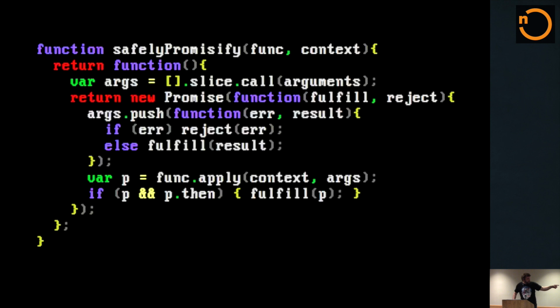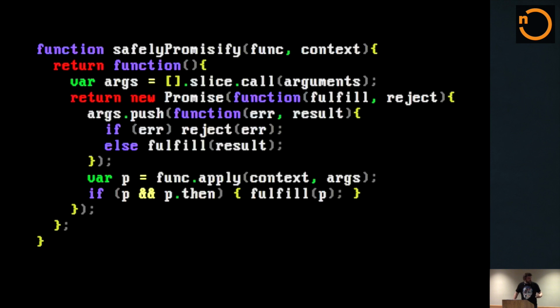So that one will be returned because when you call your function, the callback there that has reject and fulfill in it will only be called at some later time. You know, if I'm thinking in node language, it'll be in some next libuv tick or something. Whereas the promise is returned right away. So right away we can go ahead and fulfill it.